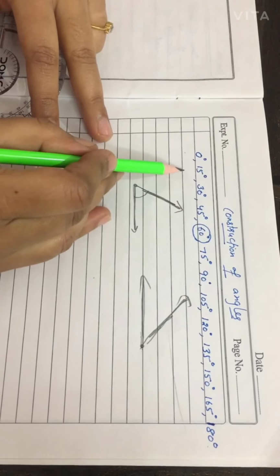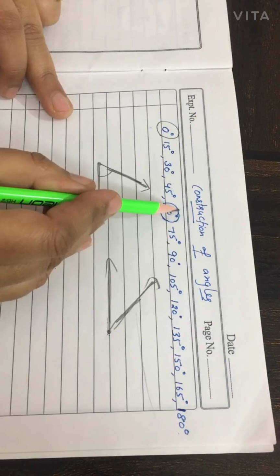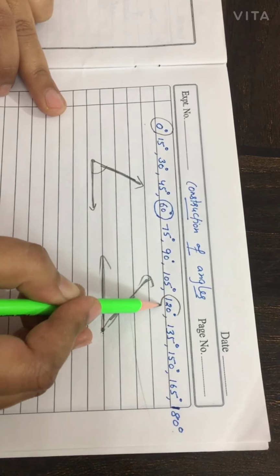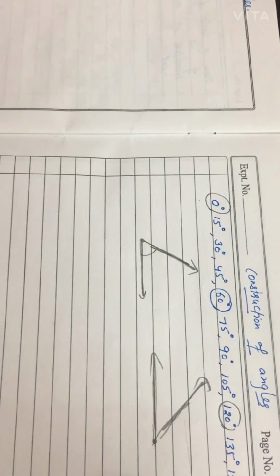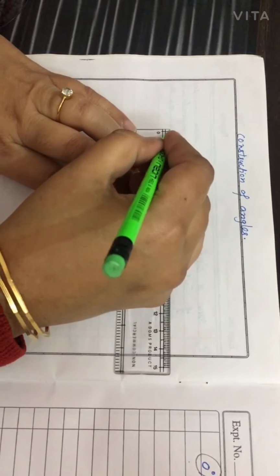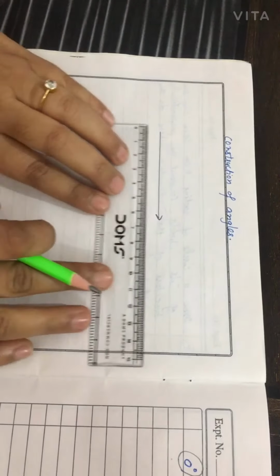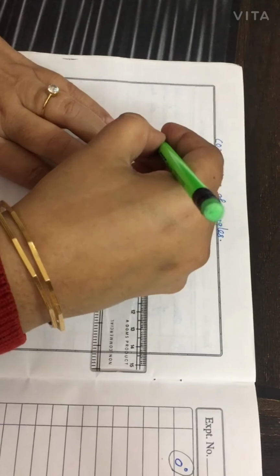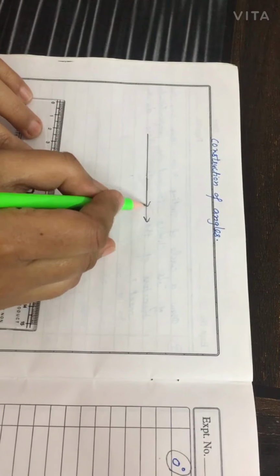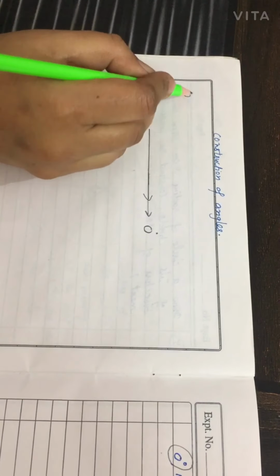So first we will see the 0 degree, then we will make 60, then 120, and then 180. The 0 degree we have already discussed in class 5, also in chapter 5. If this is your first ray, and your second ray is on this only, we are not moving, then this is a 0 degree angle. So this is 0 degree.